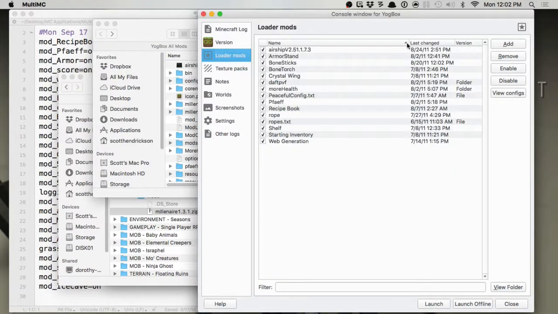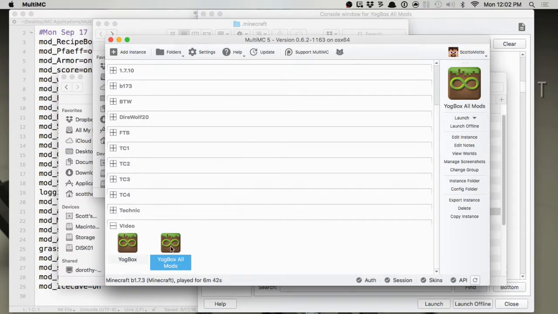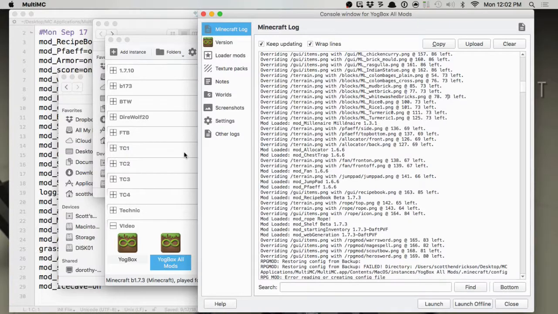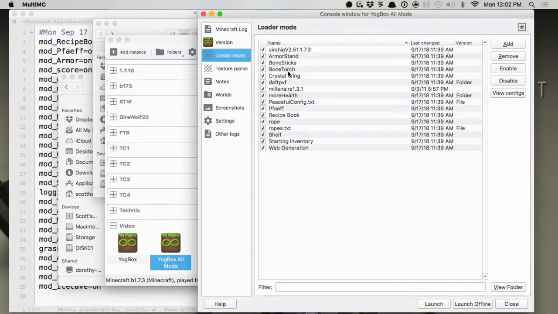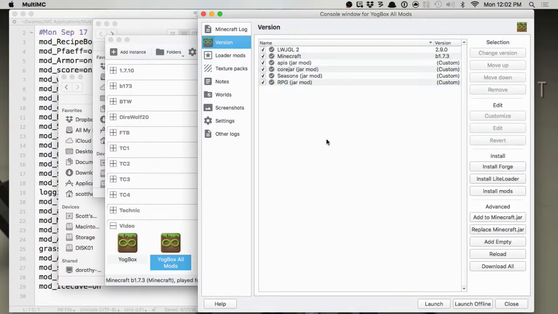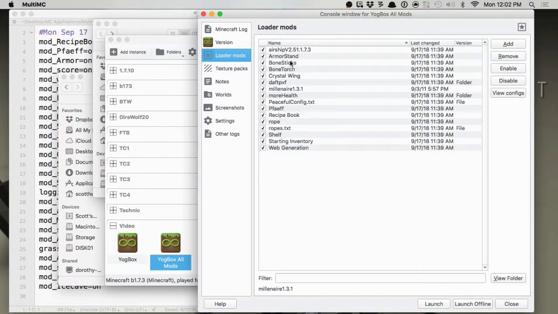So then when I go and look at that instance of the YogBox that I'm loading mods in, there's Millionaire on the list of loader mods. That's the mods folder. This is what you're modding the jar, and I'll show you that too. All right, so there you go, Millionaire. So when you launch,